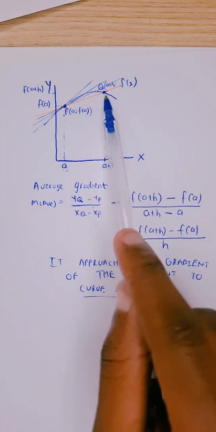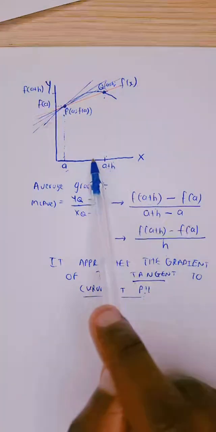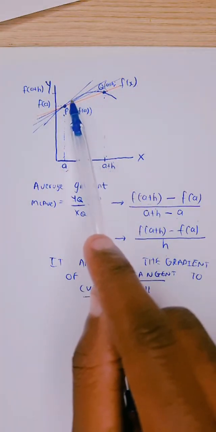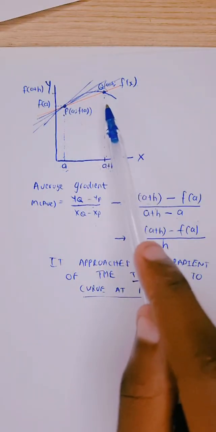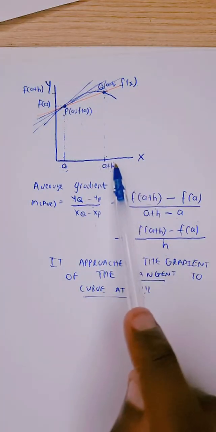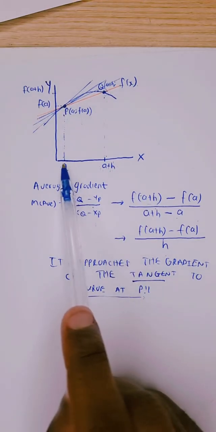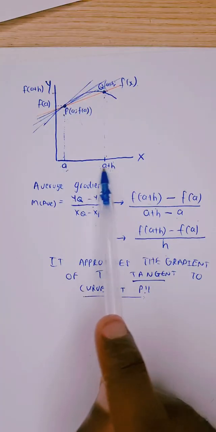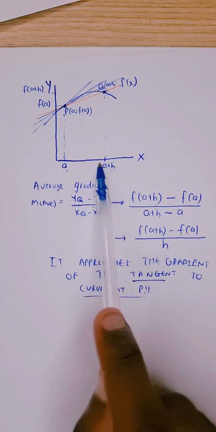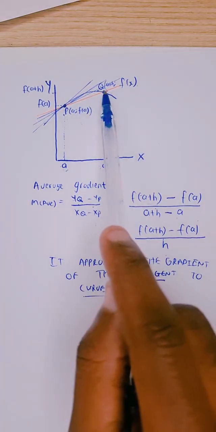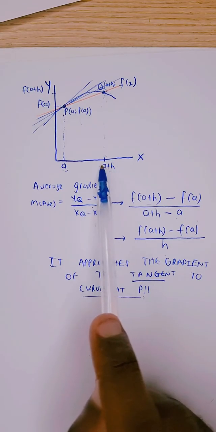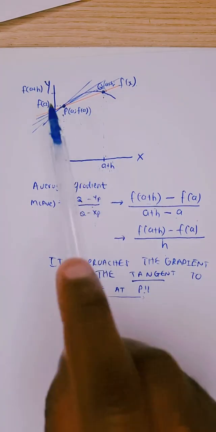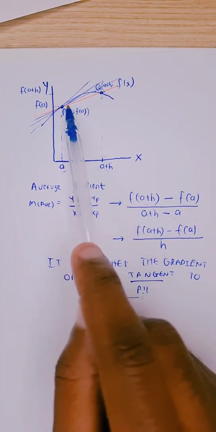The H obviously is going to get closer and closer to who? To 0. Let's say this H was plus 3. As Q moves, this H value will get reduced from 3 to maybe 2, 1,